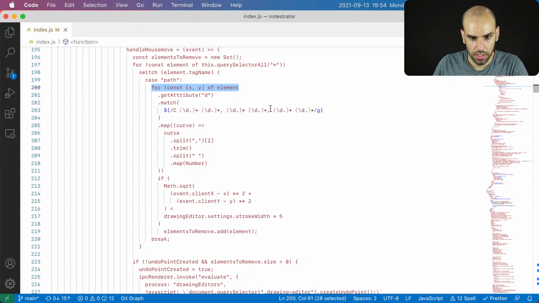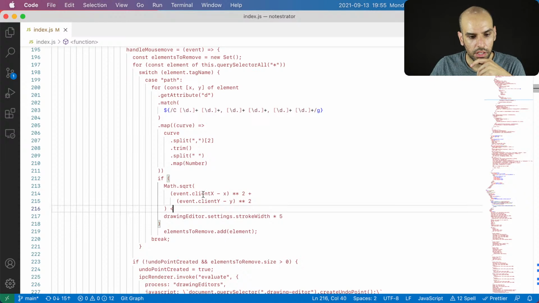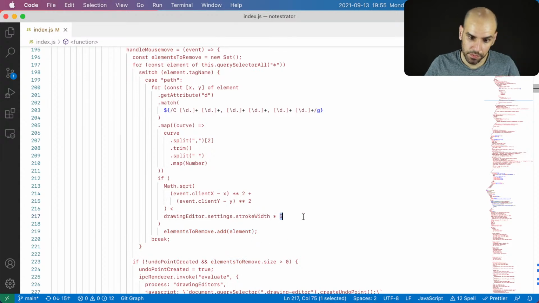In any case, here I have a path, and then for each of the coordinates in the path, which is this weird function that extracts the coordinates x and y from the path. Yeah, I'm not even going to review this because I suppose it is working and I don't want to touch it. Now, if the distance is, oh, see again, Cartesian distance, the formula is here again. If I had extracted that, it would be in a single place. But if it is close enough, then,